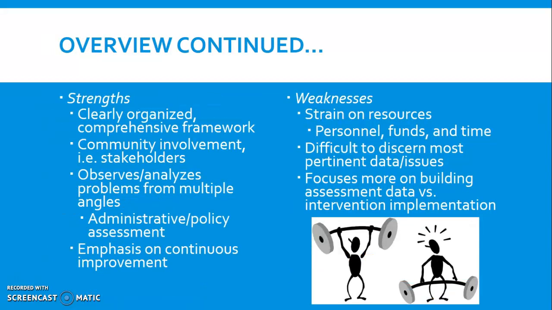There are many strengths and weaknesses when it comes to using this specific model. Firstly, some strengths include that it is a clearly organized framework. The building blocks of the assessment phases provide a solid foundation upon which to build an intervention. Also, since it is a participatory model, community stakeholders can provide information regarding priority issues with a clearer context. Additionally, it gives stakeholders the ability to observe and analyze the ultimate desired outcome from multiple angles, especially from an administrative perspective, which is often neglected in other program planning models.